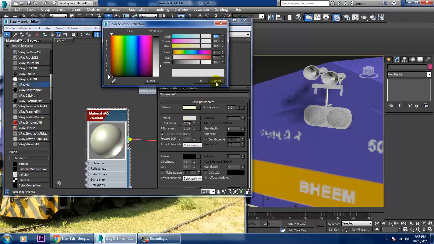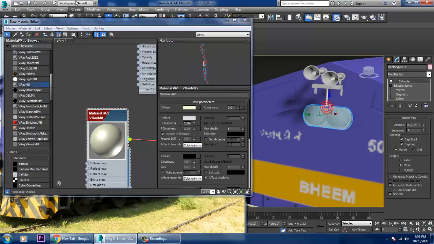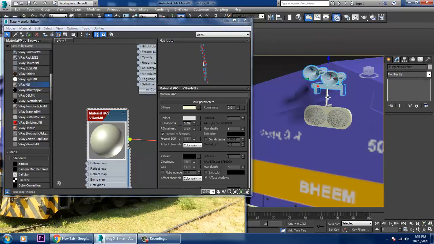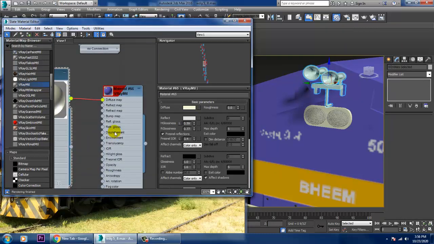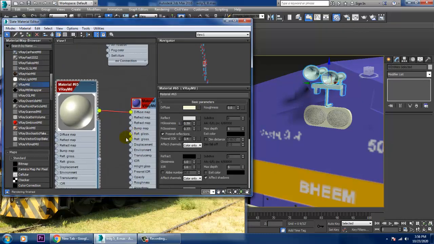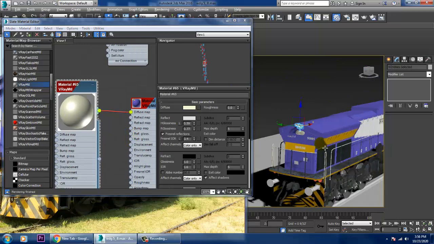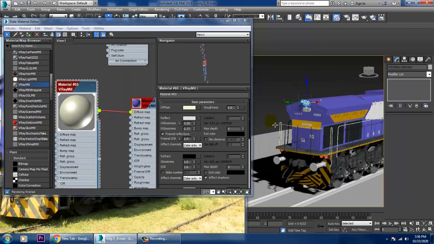Okay, this is that material for metal kind of. Alright.